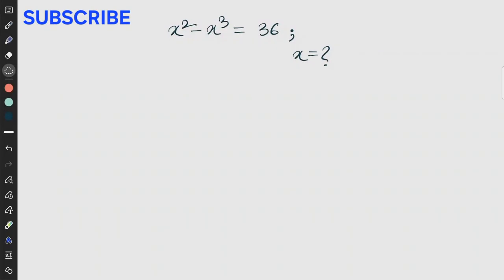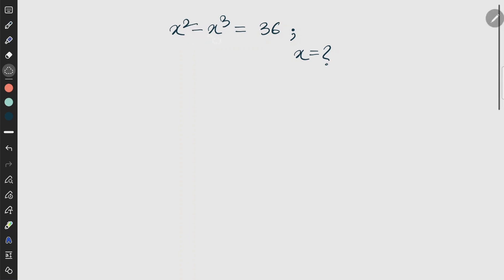Hello everyone, today we are going to solve this math problem: x square minus x cube equals 36. Then what is the value of x? Solution is